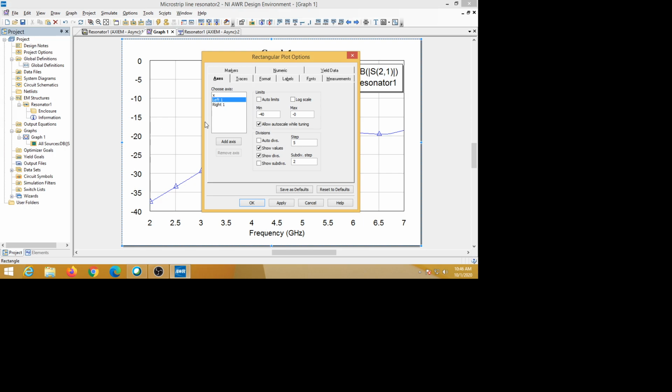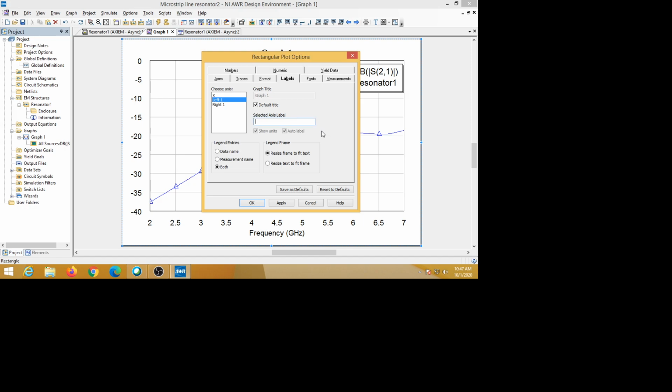To add a label, you can go to labels. Here is an option, labels. There is the x-axis, and we are giving it at the left. The x-axis previously was frequency in gigahertz, so you can keep it as it is, but the left axis has no labeling, so you can add a label.